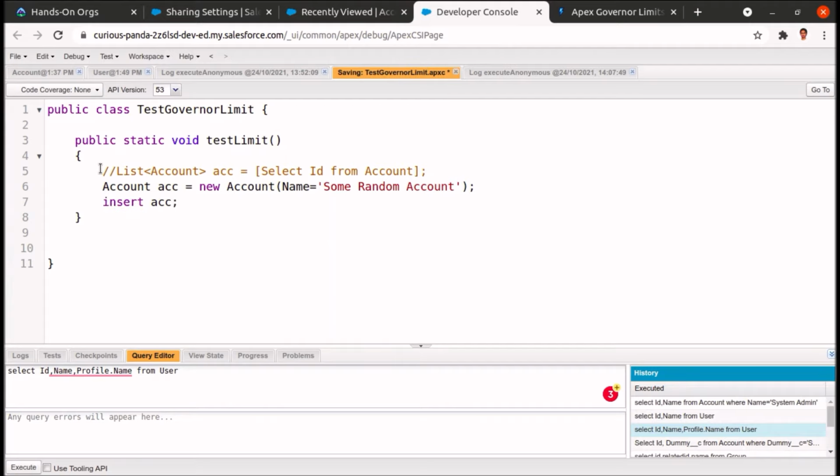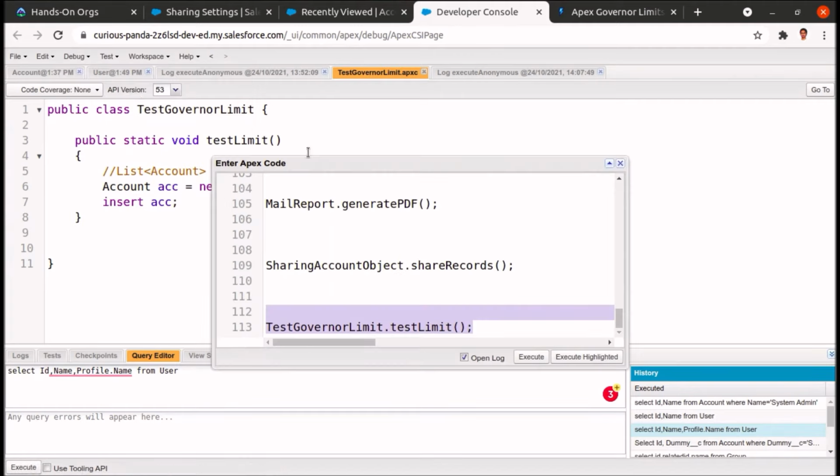So it will allow, because I am only issuing one DML statement, and the DML statement is insert. So I am issuing an insert operation on the Account object, and it is only one account which will be created, so it will not give me an error and it will run successfully. So let me run it.